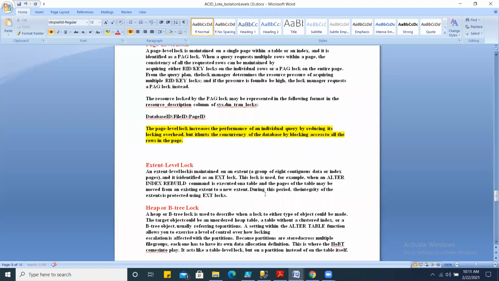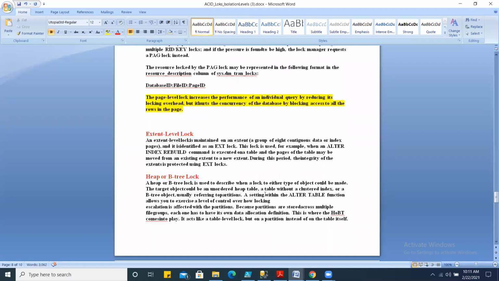Likewise, if you are performing a transaction which is going to acquire a lot of page level locks, and those page level locks are more than half the number of pages allocated to a table, then the lock manager will automatically escalate those page level locks to a table level lock.